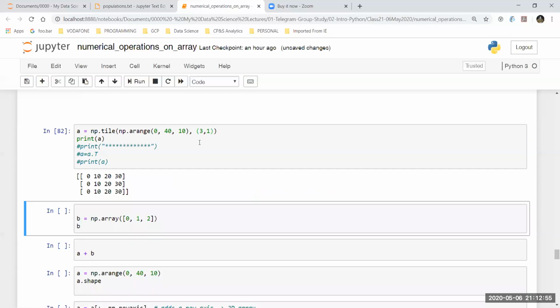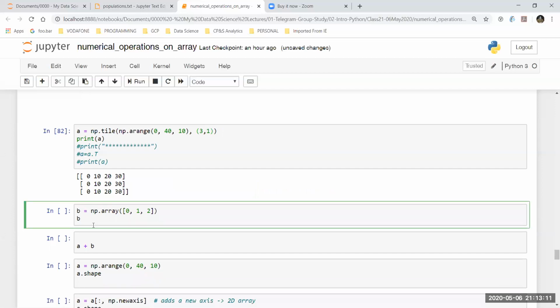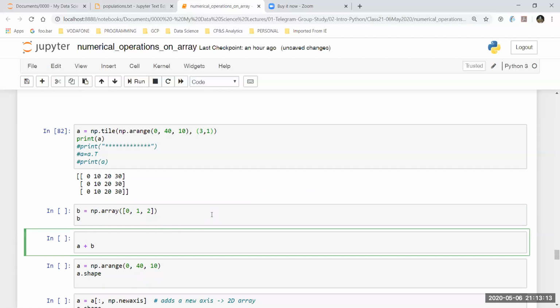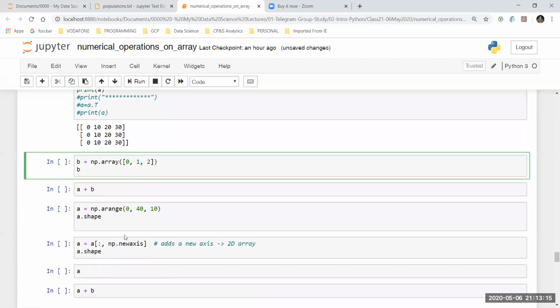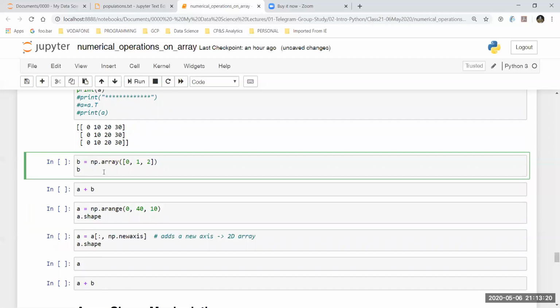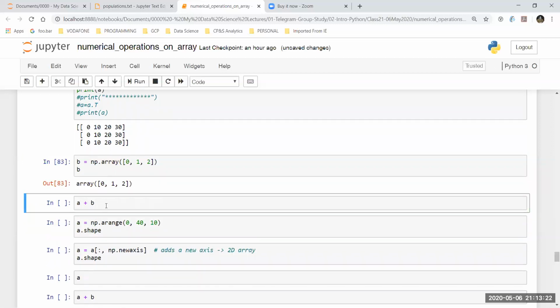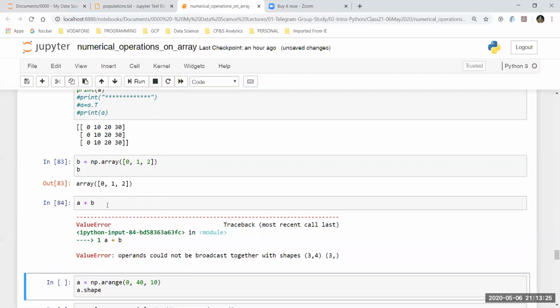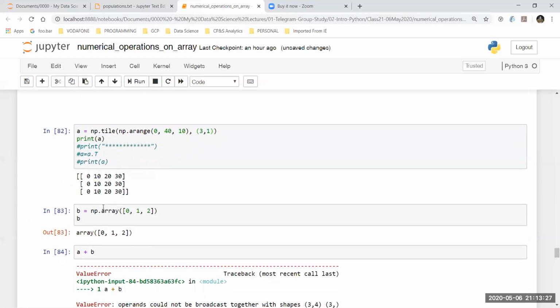Now, this will be essential when we are going to do some kind of math related to arrays where I need common elements, or the elements of one row to repeat itself in a multiple number of rows. Okay. The next is this. Now, this is something that we may have already seen earlier. So I'm just trying to quickly recap if this applies. So B is an NP array of 0, 1, and 2. The output of B is 0, 1, and 2. If I do an A and B, it is going to give an error, and it is quite simple.